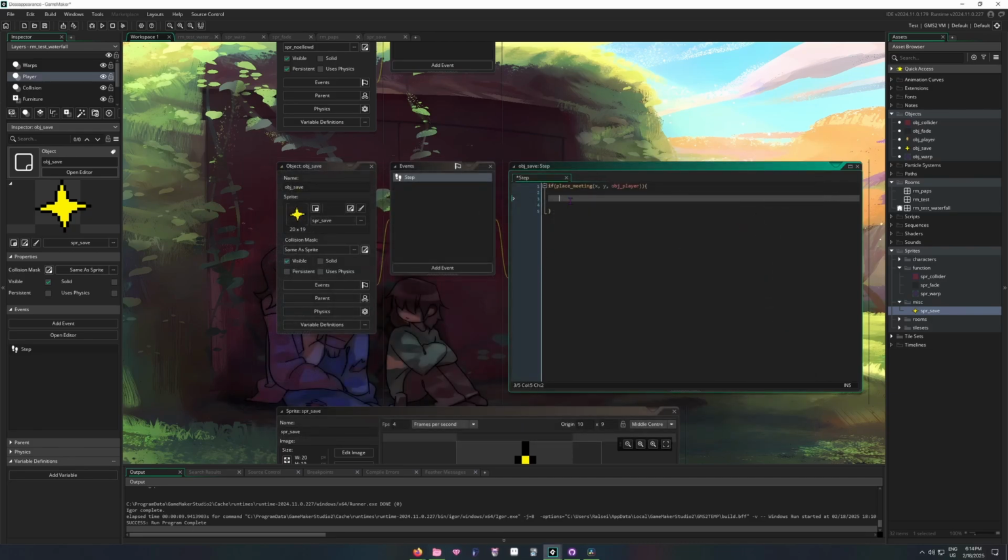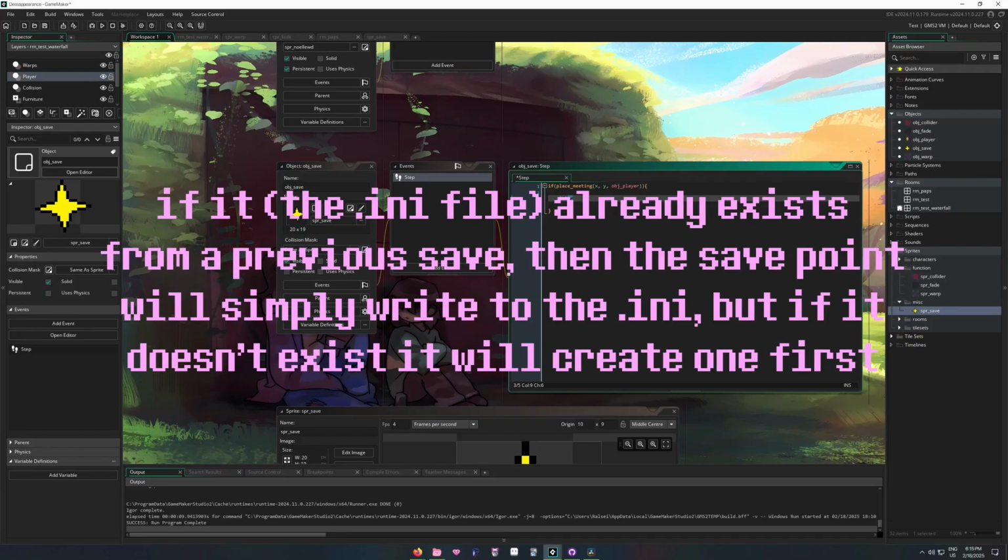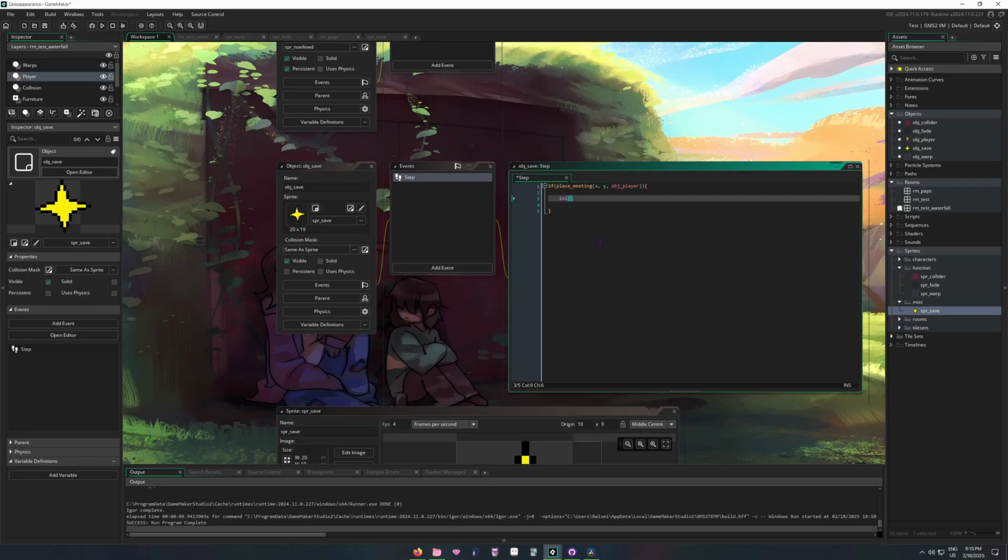So we want to create this INI. If it exists, it will just save to it. If it doesn't exist, it will create it. So we want to say ini_open, and then in quotation marks we're going to put the name we want for our INI file, which in my case is going to be disappearance.ini, but you can name it whatever you want. Okay, and so now we want to